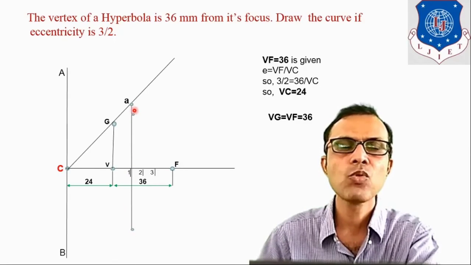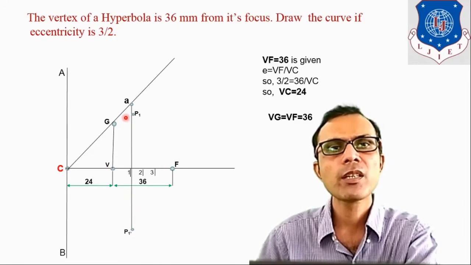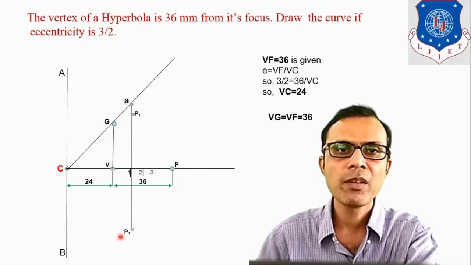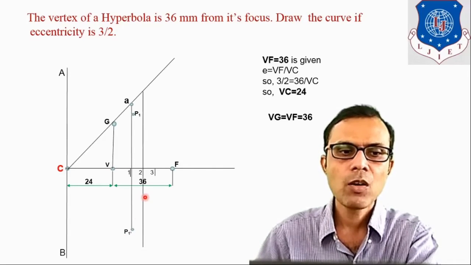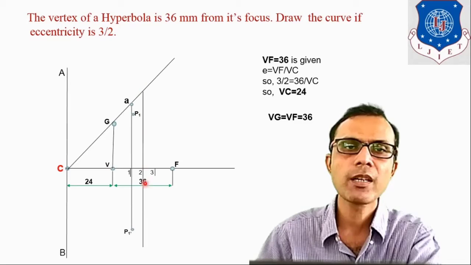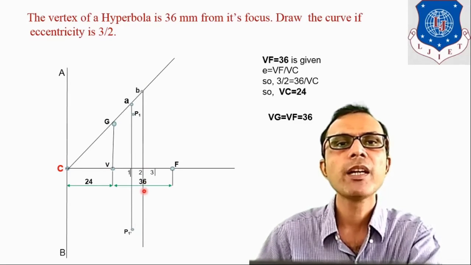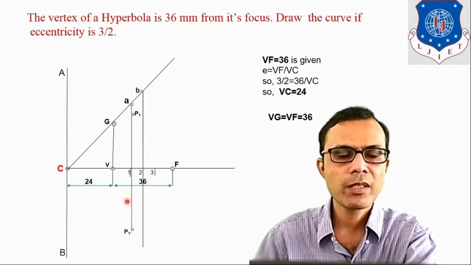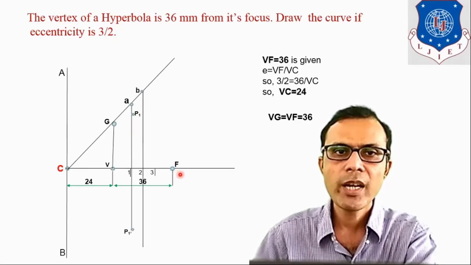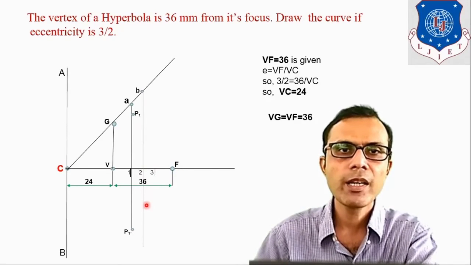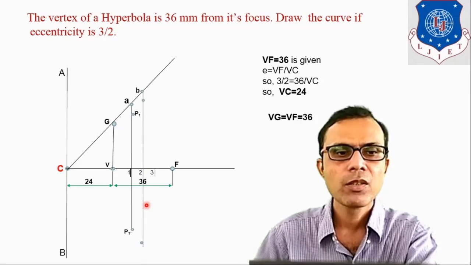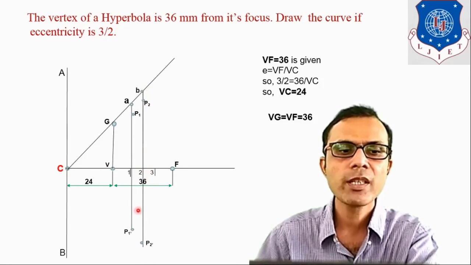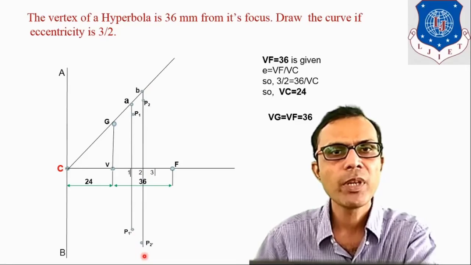Now take compass size 1A, keep F point as center point and draw an intersecting arc on this vertical line on both sides of the axis, that is above axis and below axis. So we will obtain 2 points, one above axis, another below axis. Let us denote them as P1 and P1 dash. Now from division number 2, draw a vertical line in such a way that it will intersect with CG extended at point B. Take compass size equal to 2B, F point is center point. Draw an intersecting arc on this vertical line on both sides of the axis. So we will obtain 2 points above axis and below axis as P2 and P2 dash.